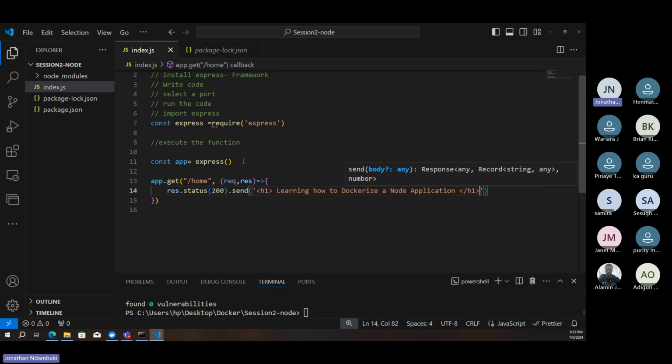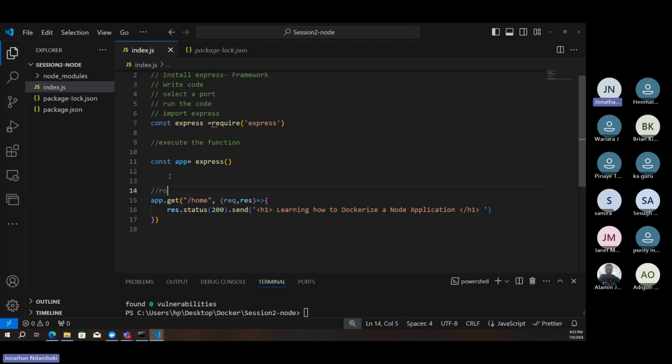Then we close our h1 tag. So this is some HTML code that will display. And then that is just for the route part. So we can say this is the route. And the last thing, not the last, the last, we need to expose a port, because whenever you export, you're